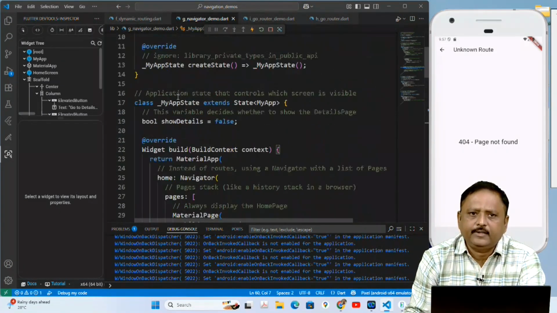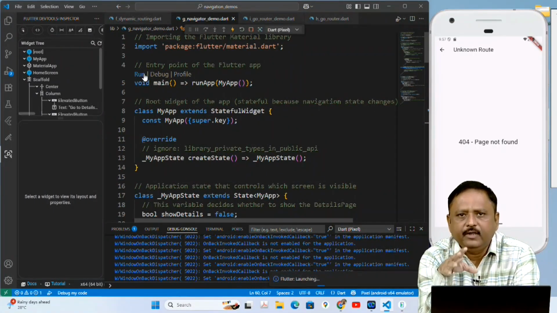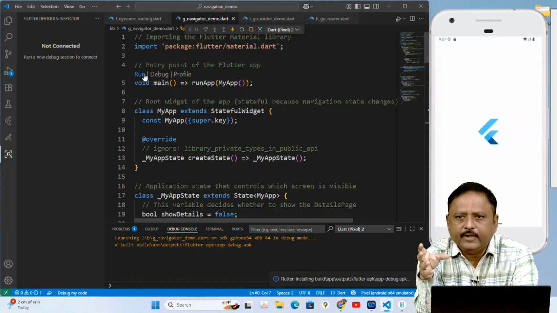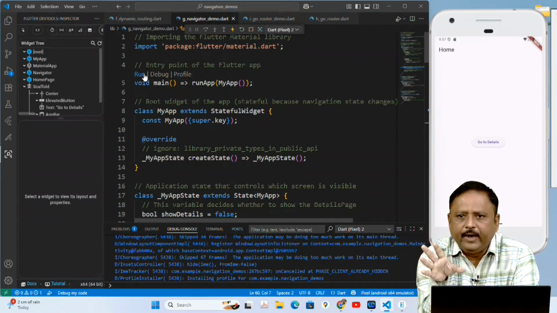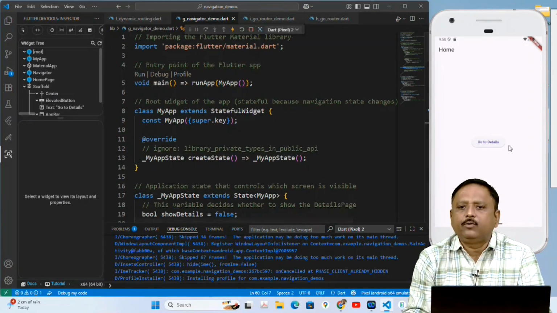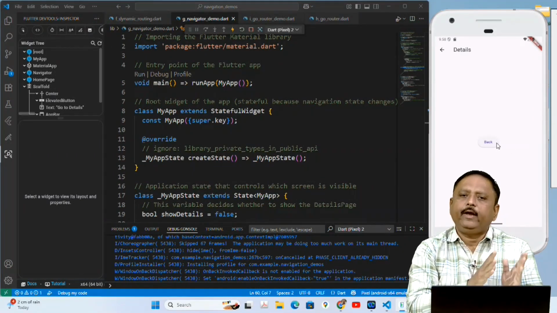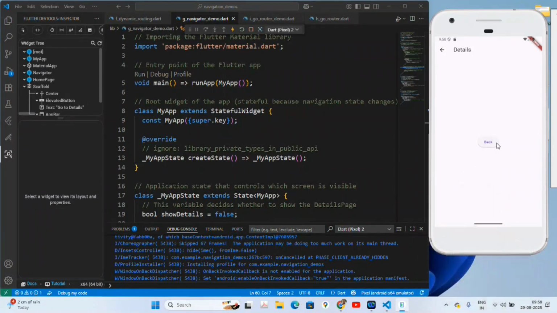First we run this example inside the emulator. So I am clicking on the run button to launch this app inside my emulator. So you can see my app is launching on the emulator, and this is my simple interface. First we display the home screen with one elevated button that says Go to details. Now whenever I click on this Go to details button, it will navigate me to the detail screen where we have displayed a back button, and whenever that back button is pressed we again switch back to the home screen.